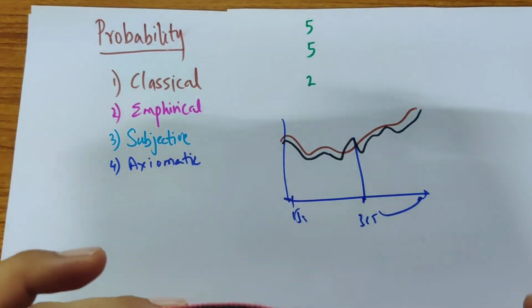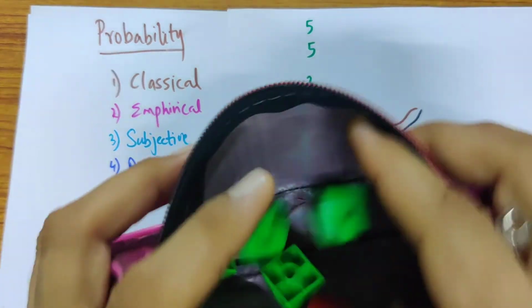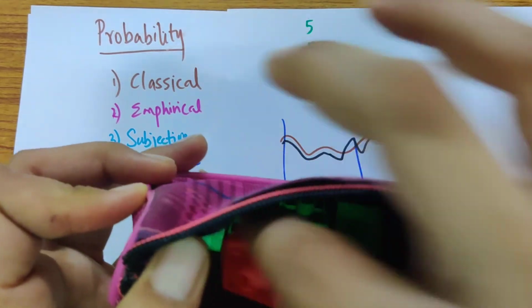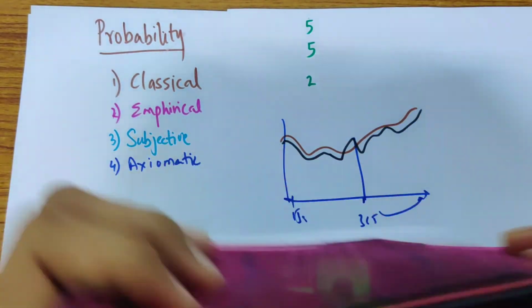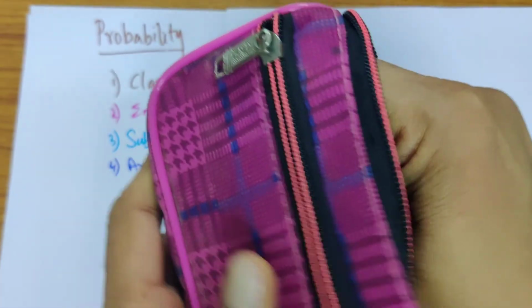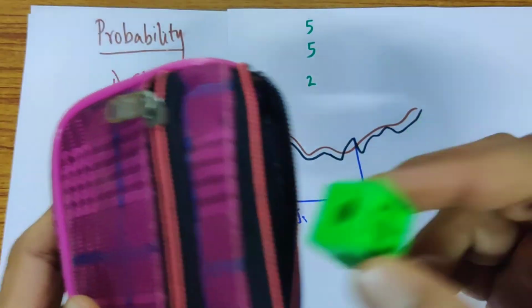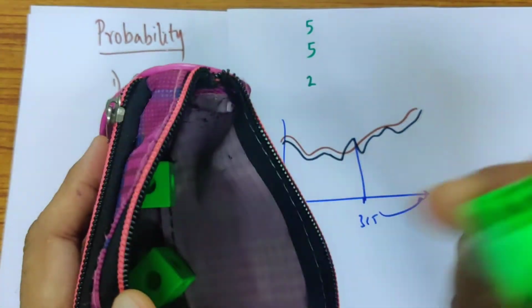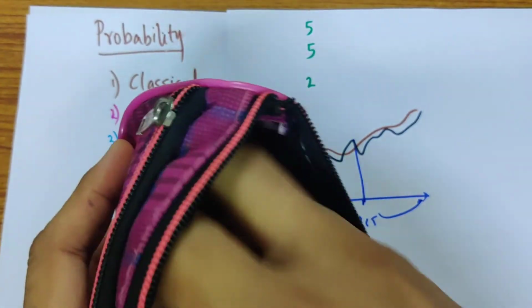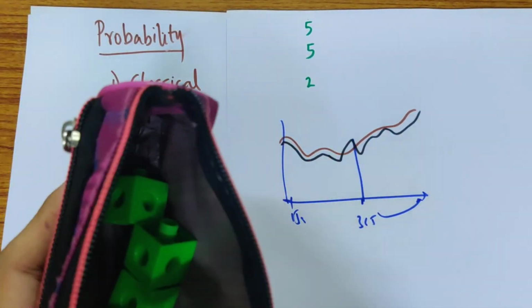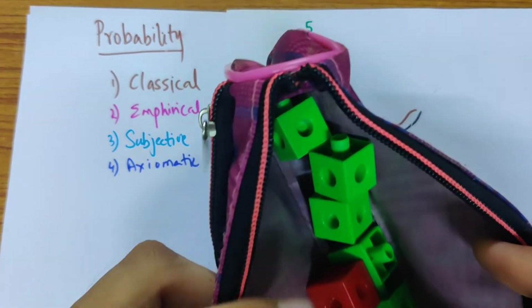So if you look at empirical probability, so I have this one out of only one red, and I have 5 green, and so if I mix up the bag and I shake it around and then I randomly pick out one, what will I get? And then I say, okay, I get green. So the next time I mix it up, and then I pick out one more. So what do I get? I still get it. And I again mix it up, and then I pick out one more. So I basically see that, okay, I had 5 and 1.